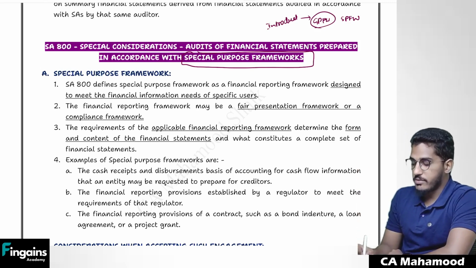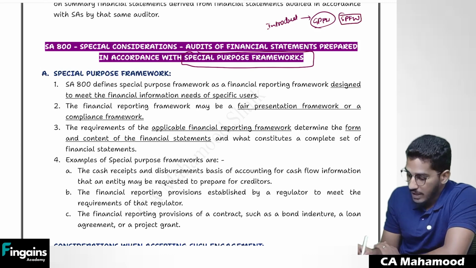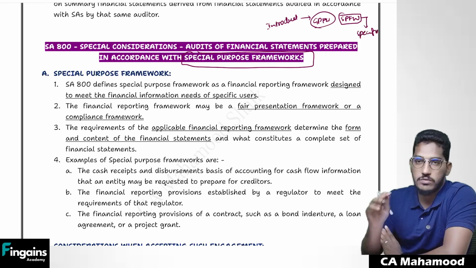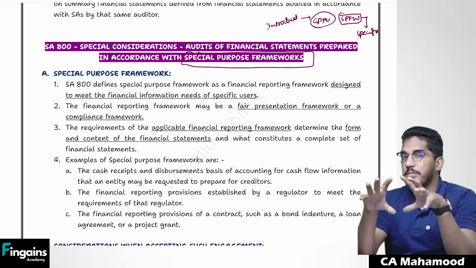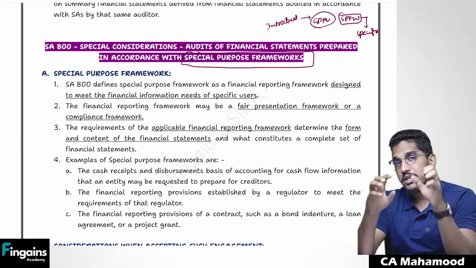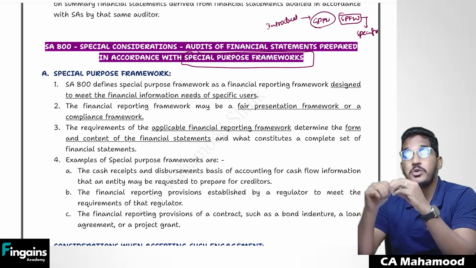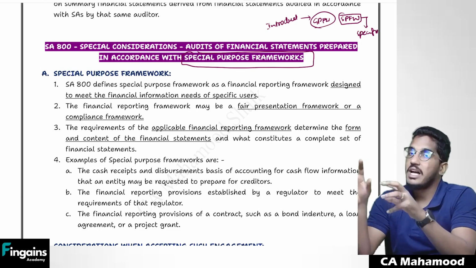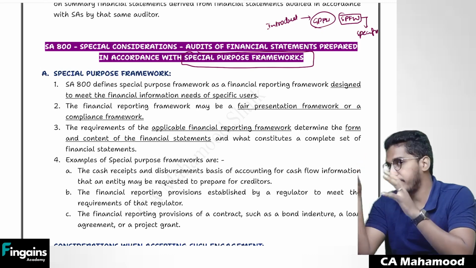But in some circumstances, we might be required to follow some rules and regulations where those rules and regulations are going to fulfill the information needs of only specific users of the financial statements. So special purpose framework means that framework which is not meant for all the users simultaneously, but is meant to fulfill the information requirements of only one or two specific users. So we are not preparing those financial statements for common use by everybody. We are preparing the financial statements for use by just one or two specific users. Those financial statements we are going to call special purpose financial statements, or that framework we are going to call special purpose framework.